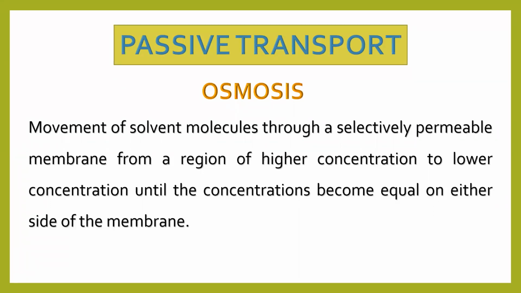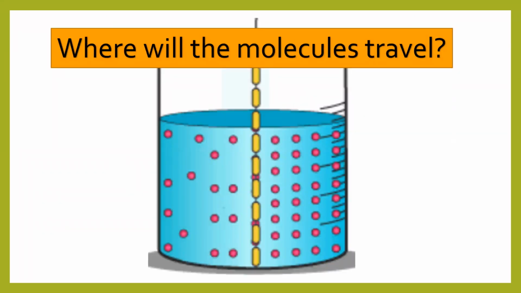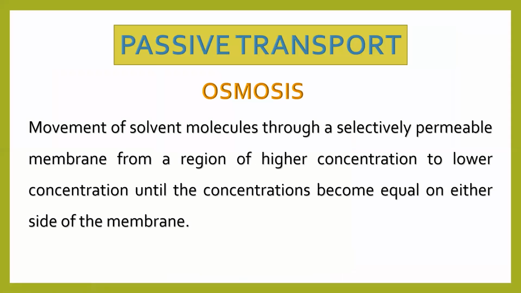Then I want you to read this sentence once again. I'm repeating it once again. Movement of solvent, or if you want, now you can refer to the diagram and listen to my sentence. Movement of the solvent molecules from a region of higher concentration, which is this area, to a region of lower concentration, that is this area, until the time when both sides have equally concentrated molecules, and are at peace. Are we understanding the meaning of this sentence now? Yes?